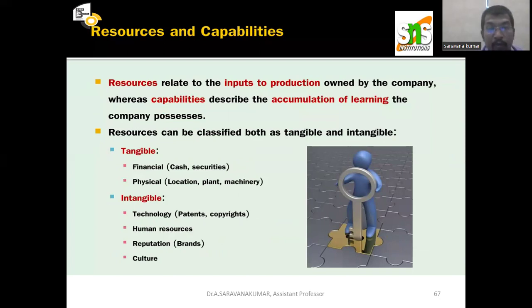Resources relate to the input to production owned by the company, whereas capabilities describe the accumulation of learning in the company process. Resources can be classified as both tangible and intangible. Last session we discussed tangible: it can be seen and touched. Intangible cannot be seen, like goodwill. Tangible includes financial, cash and securities, and physical, location, plant and machinery. Intangible includes technology, patents or copyrights, that is intellectual